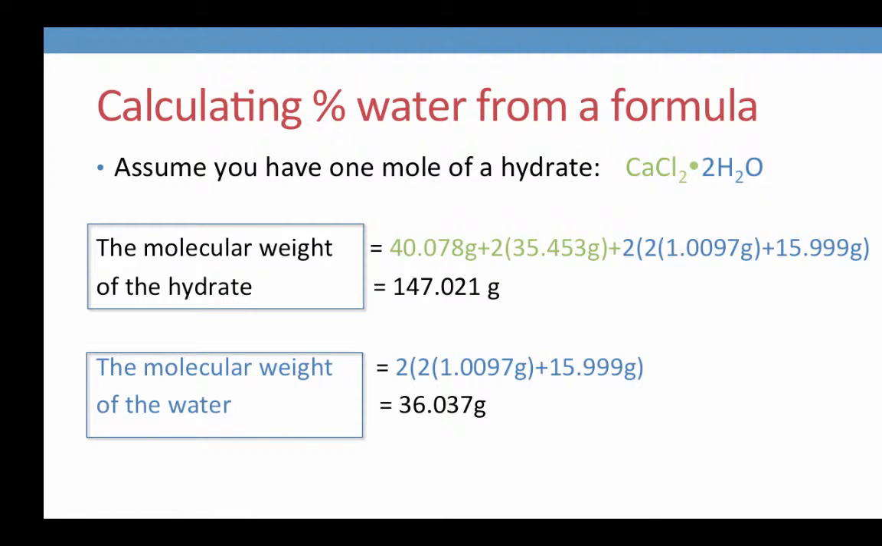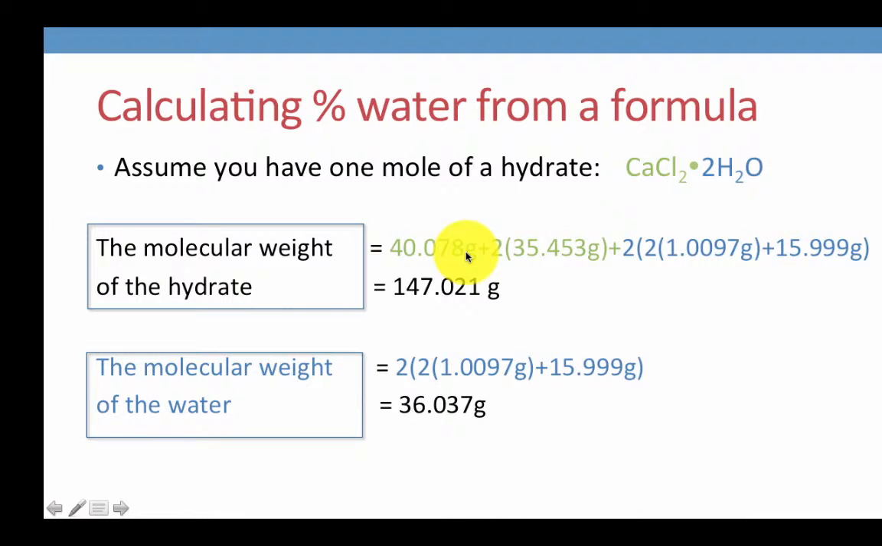Percent water is a mass ratio, and it is calculated by dividing the mass of the water by the mass of the hydrate. In order to determine the percent water from a molecular formula, we can begin by assuming we have 1 mole of our hydrate of interest. Let's work through the example with calcium chloride dihydrate. We can begin by determining the molecular mass of the entire molecule. So we are including